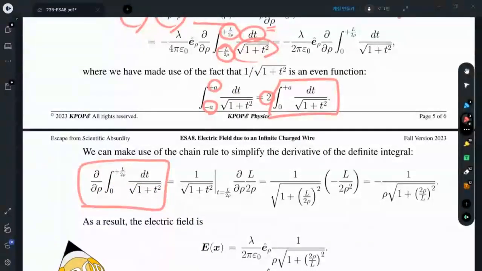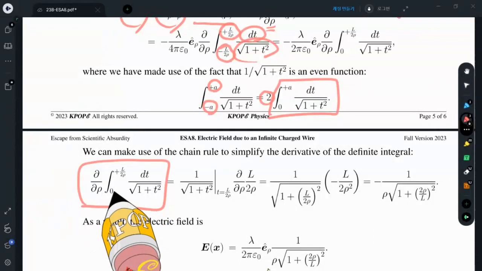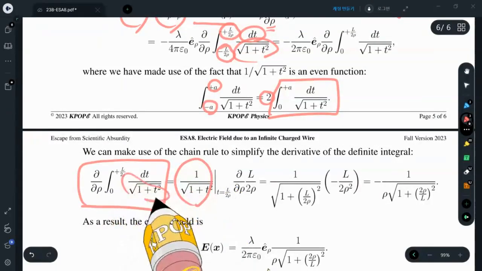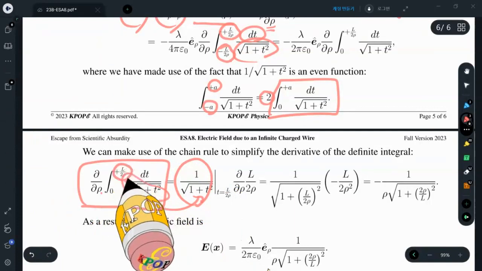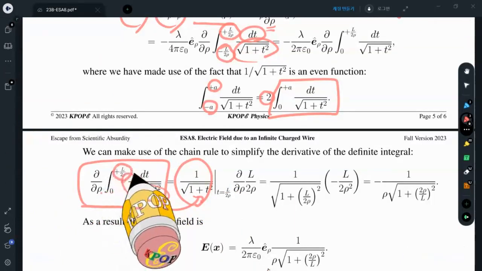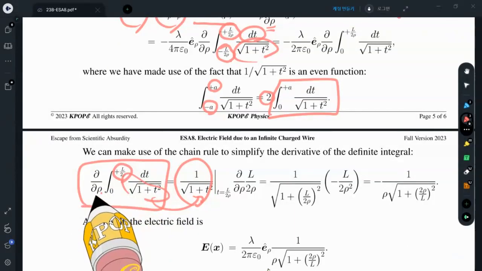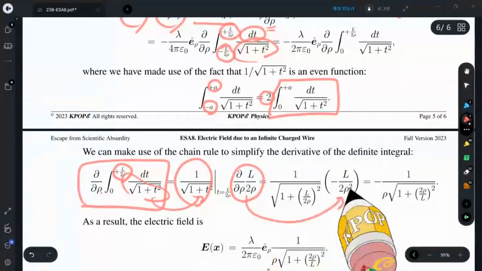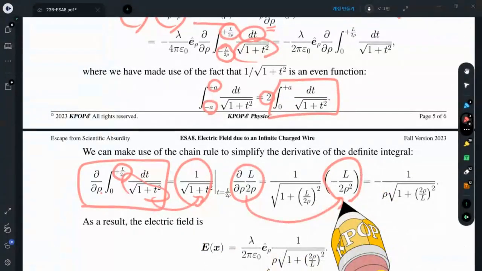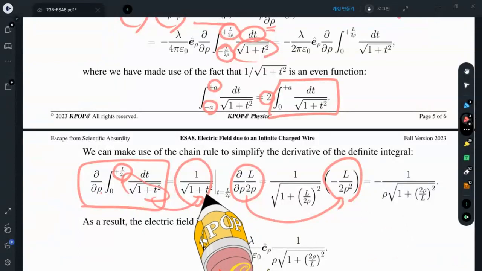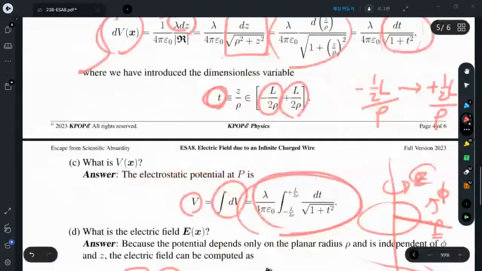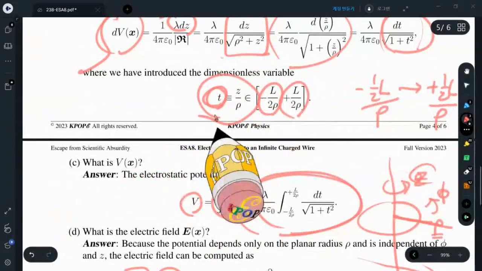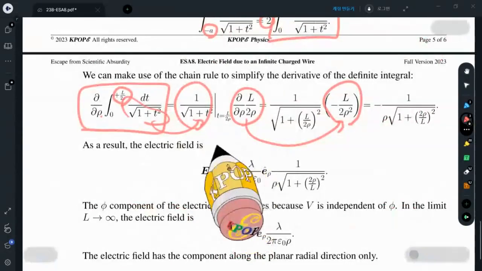Now I can make use of the chain rule, and I know the derivative of an integral is the integrand itself. So I have the integrand as a copy of this. However, I need to apply the chain rule: I need to take the derivative of the upper limit with respect to rho. That is the derivative of L over 2 rho. So the answer is this. Now everything is ready. I can replace this t with the physical values. T is a pure number. T is nothing but Z over rho. Substituting Z over rho,